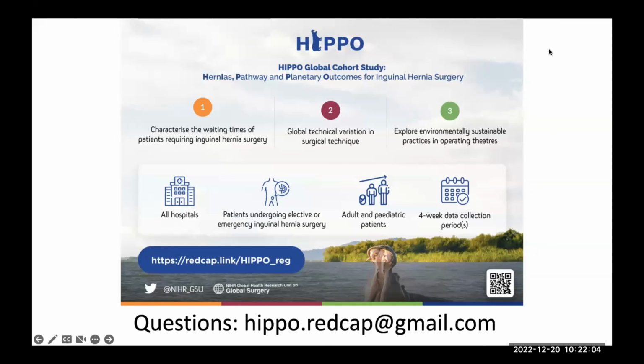Exactly. But we in Ghana need approval because we want to do it nationwide. That is why we were asked to get some approval. Yeah, so Ryan, maybe I can get back to you on this question. I will discuss it further about what would be the best country for you to use the approval from, and I'll get back to you as soon as possible, if that's okay. Oh, okay. Thank you so much.